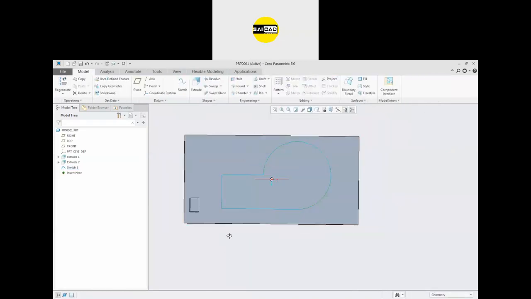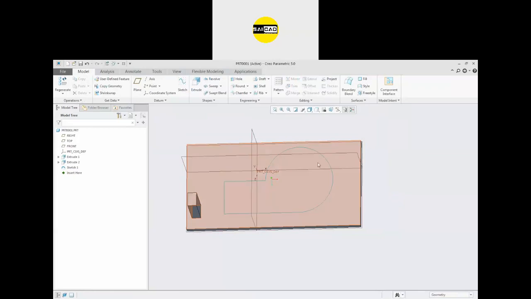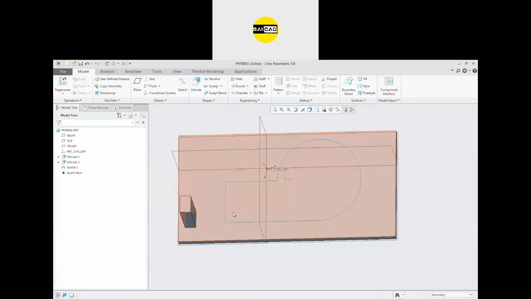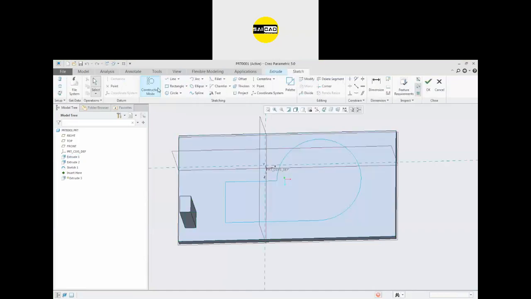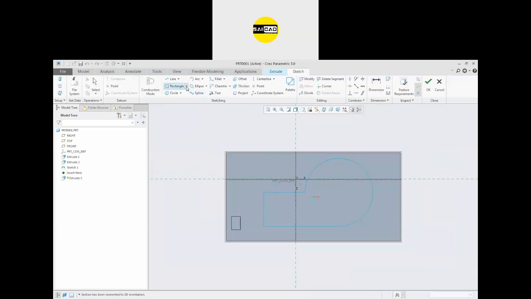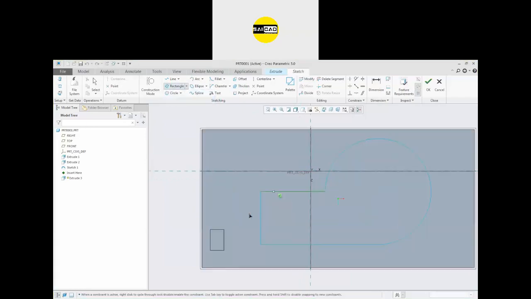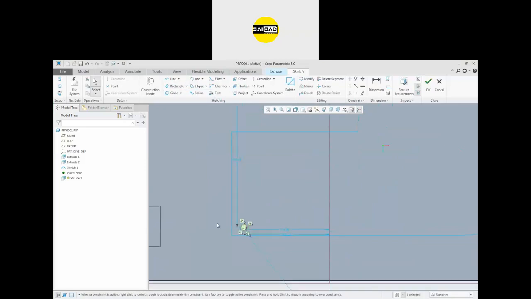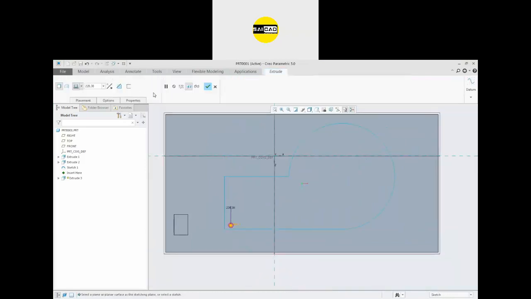I want to create some feature in here, or I want to create something new like I'm going to create a cut in here, and I want to cut a plain rectangular shape like that. Okay, and no material.